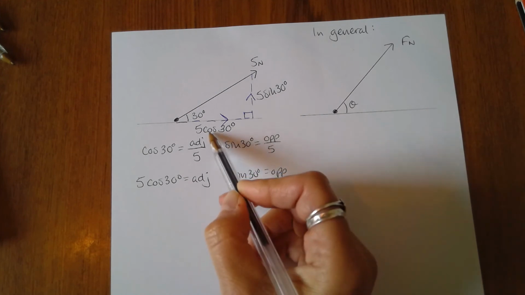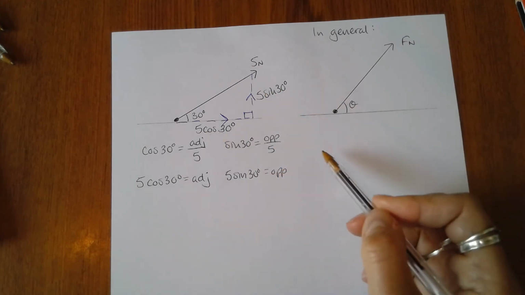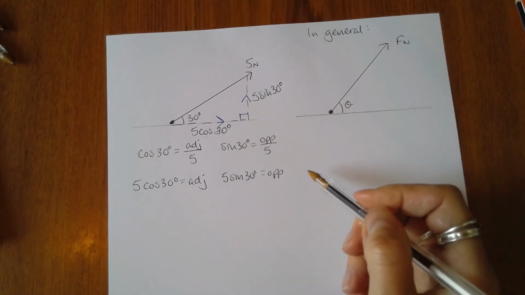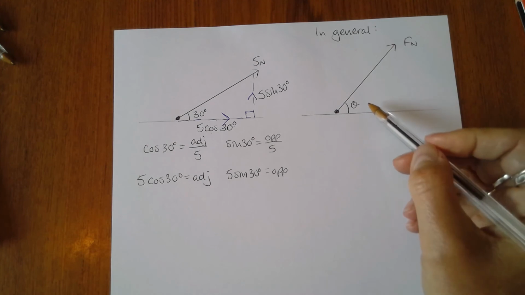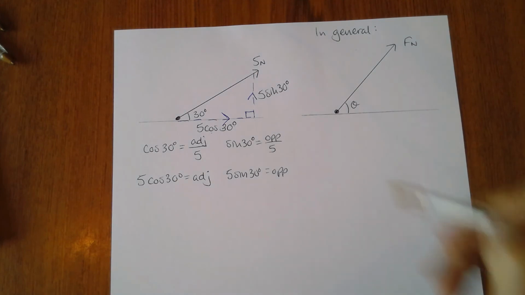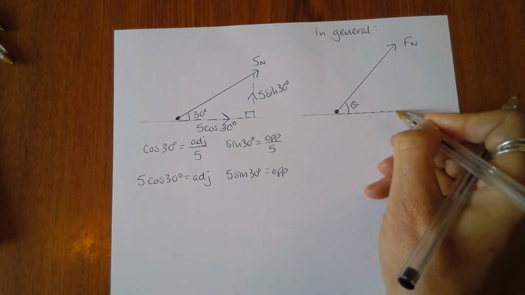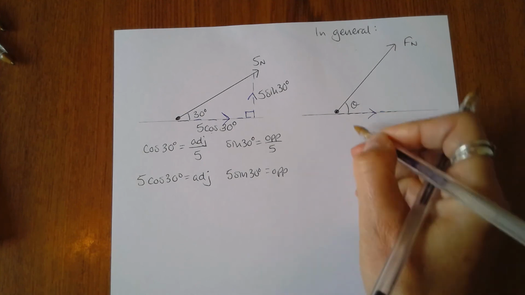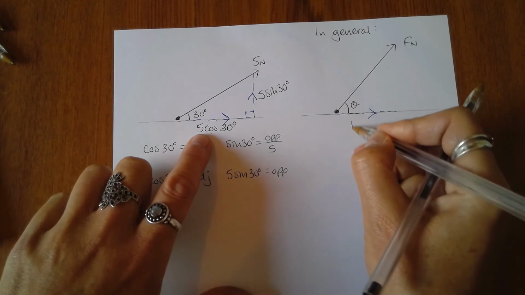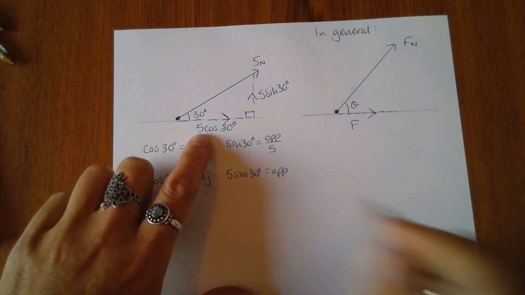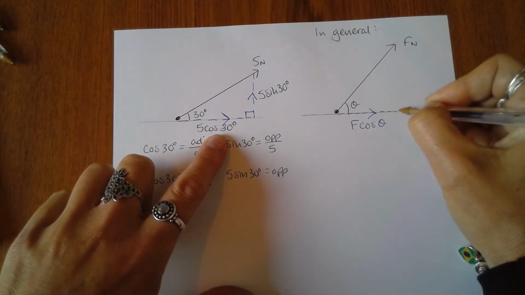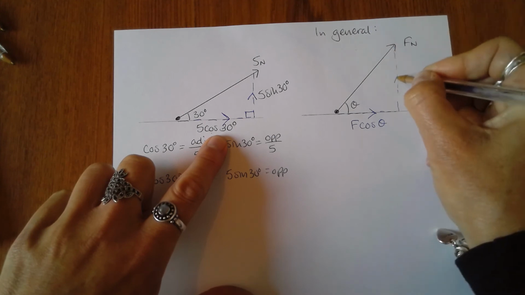the diagram. And if these values simplify, if they have exact values, they can be simplified to make it easier on the diagram. And in general, this can be done for any force at any angle. So the angle here is theta. The parallel force will be the force. Now here we had the force of 5, so here the force is F, and the angle is theta, so F cos theta, and the perpendicular force is F